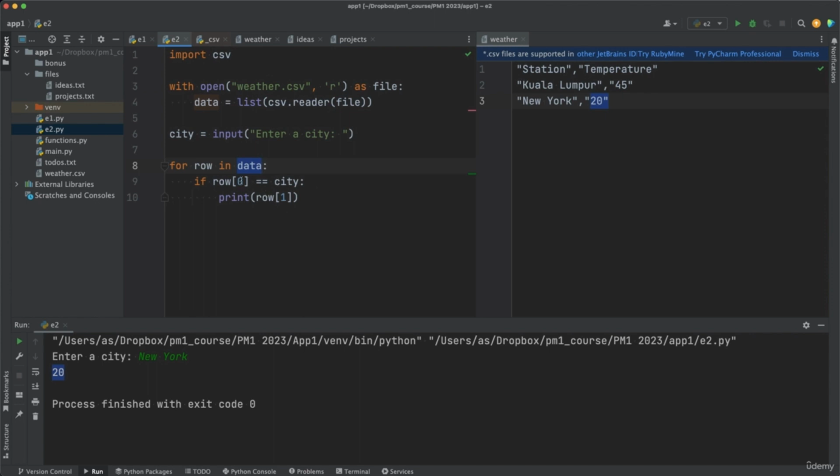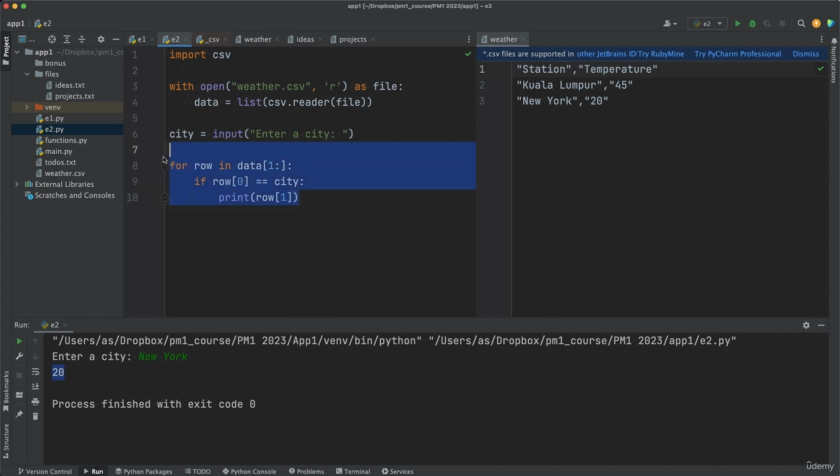Row 0 accesses the city, so Kuala Lumpur, New York, in each iteration. Also it matches station, but we can avoid that by saying only iterate from 1 to everything. So for row in data 1 to everything,